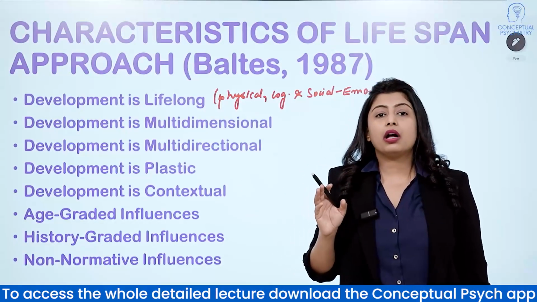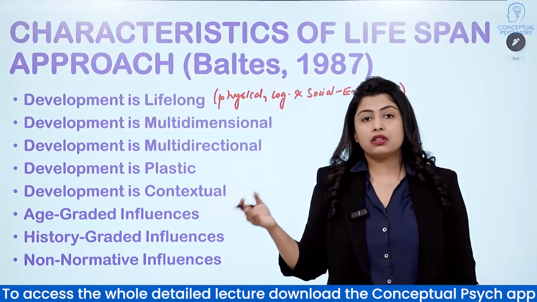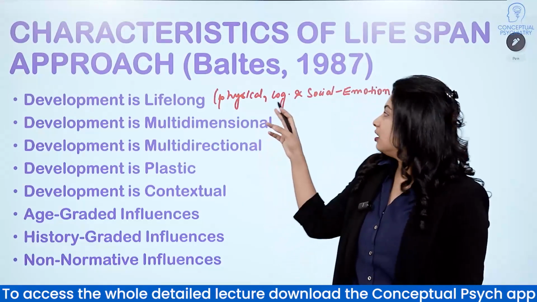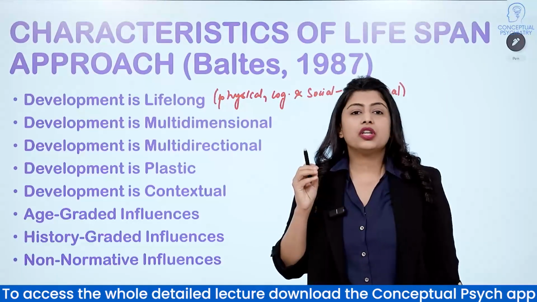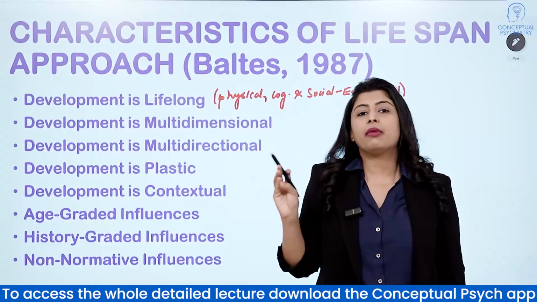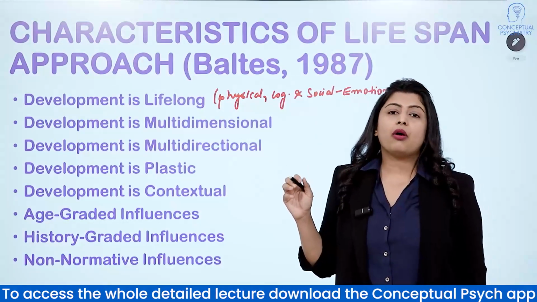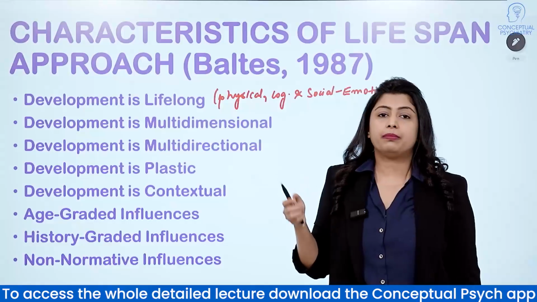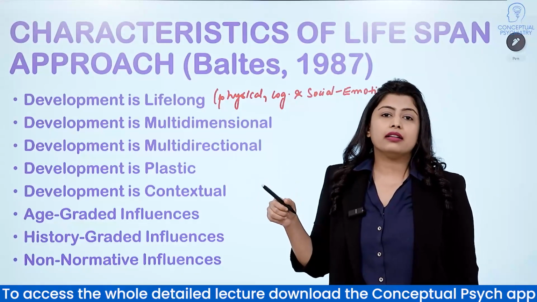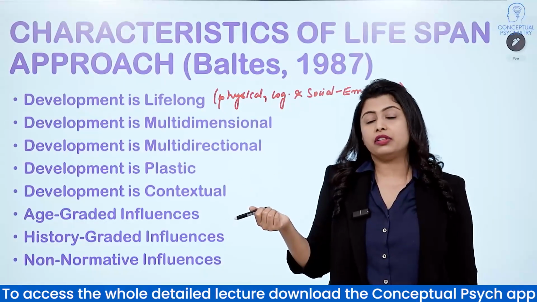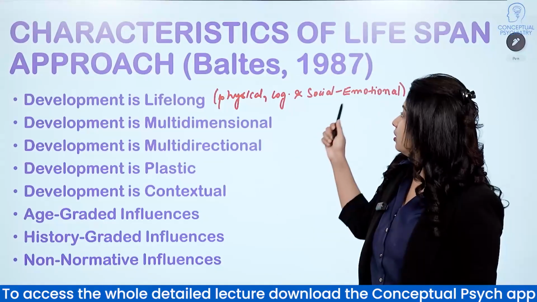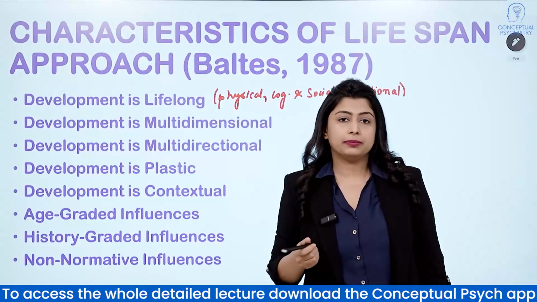Second, development is multidimensional. Development also unfolds along multiple dimensions. It is a product of changes that emerge in the physical, cognitive, and the social dimensions. Changes in a person's height, their motor skills, and sensory abilities are a part of the physical dimension. Components such as memory, perception, and intelligence are the cognitive dimension, and a person's social relationship, patterns of interactions, or the experiences of emotions are components of the social dimension of development.